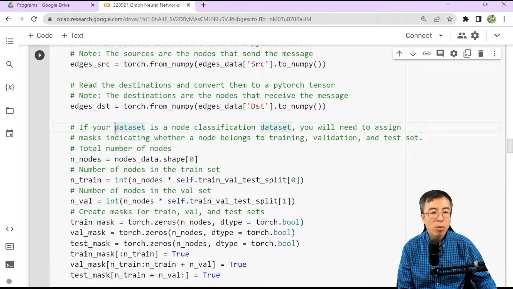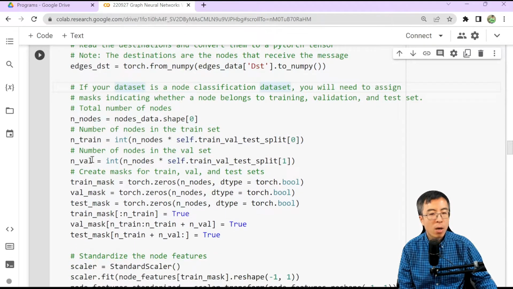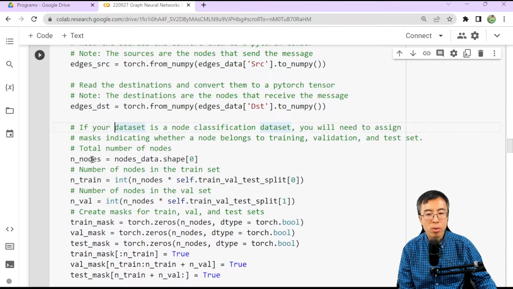So if your dataset is a node classification dataset, then you will need to assign masks indicating whether a node belongs to a training or validation or test set. So here is how we split the nodes into the training, validation, and the test set.